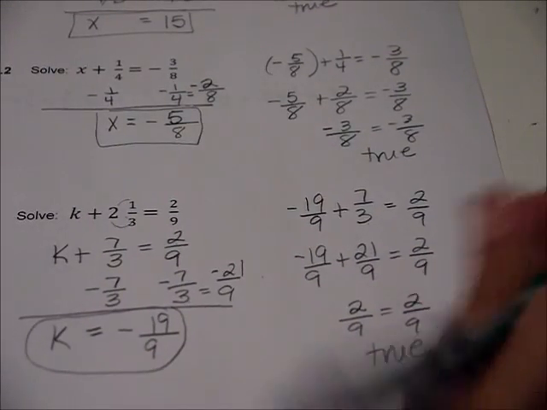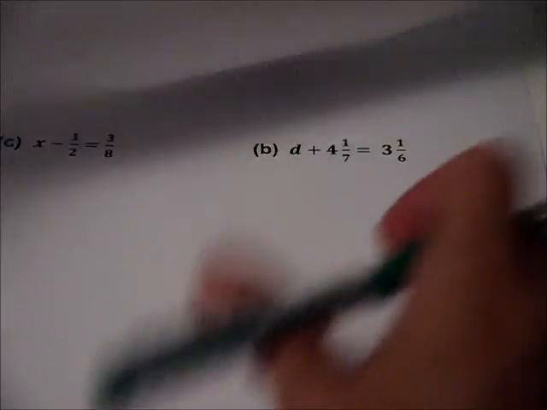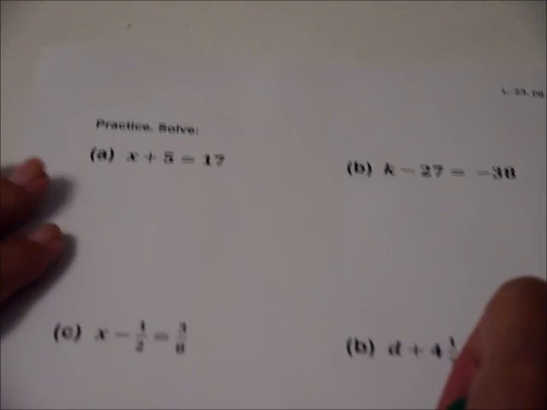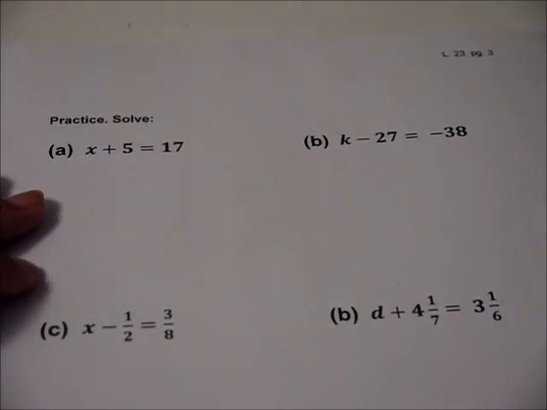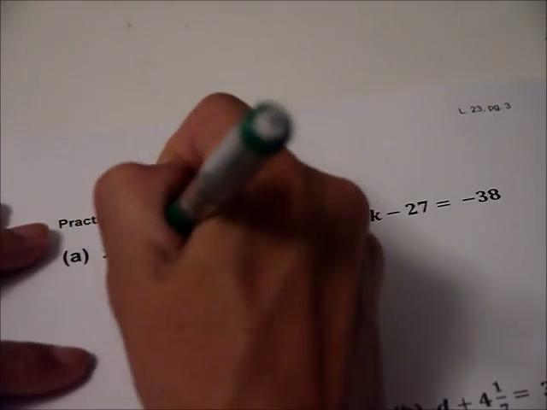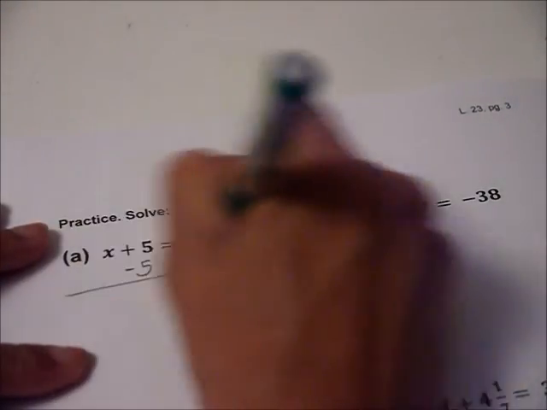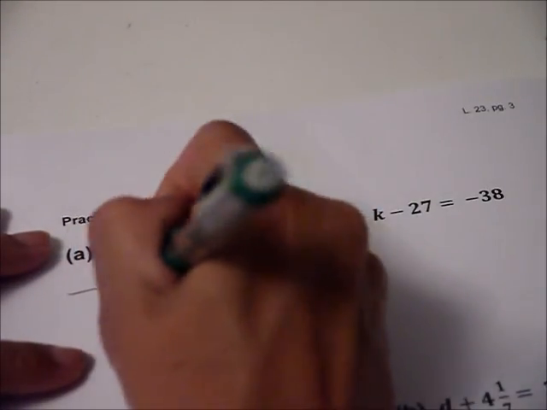So it worked. Here we are with your practice. Go ahead and try it. If you get stuck, come back on and watch. All right. So I'm going to go ahead and subtract 5 from both sides, or add -5, and we get